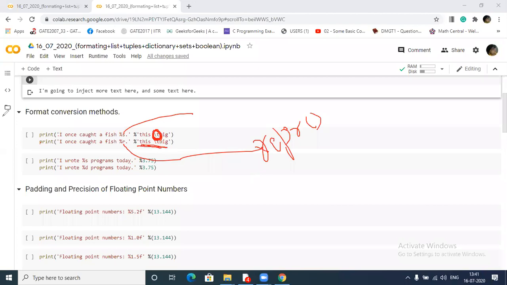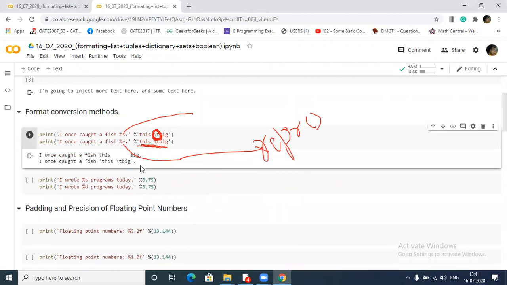Is it clear? I will run it, then you will understand. Sir, how to remove the error in the chat box which I have done? What? Percentage x is coming, percentage s. See here, in this string, when I inserted slash t, this slash t acted as one tab space.